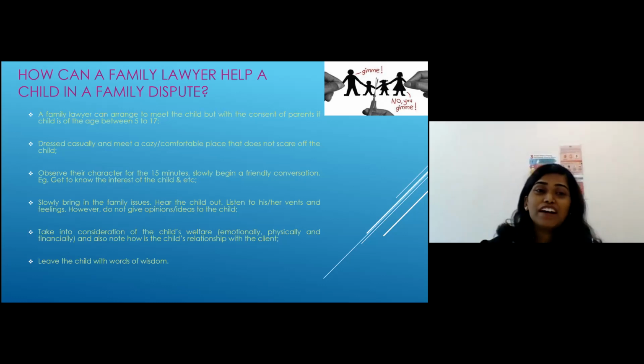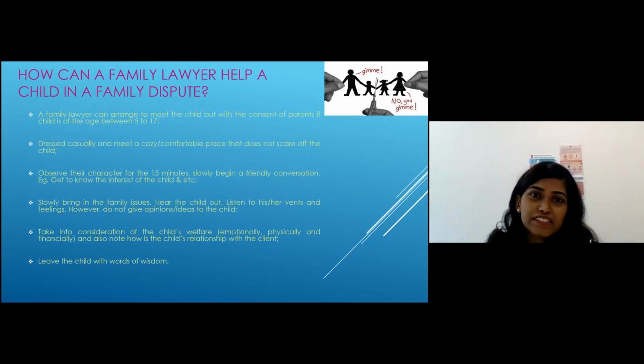So when it comes to child custody and how to help this child in a family dispute, a family lawyer can arrange to meet the child, but first of all, the family lawyer has to get the consent of the parents. This applies if the child is between the ages of 5 and 17,